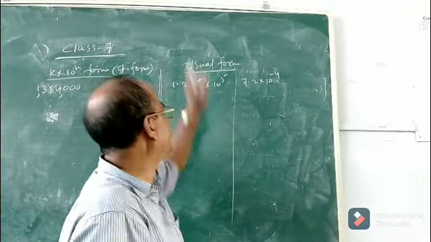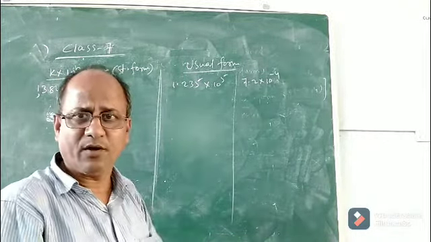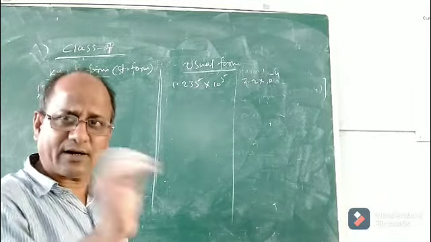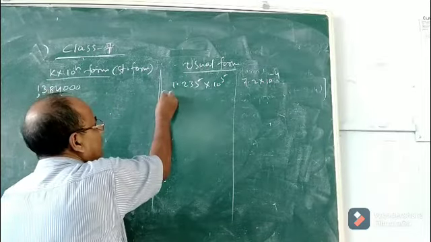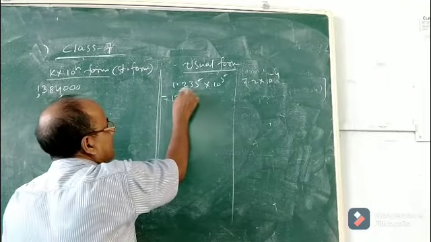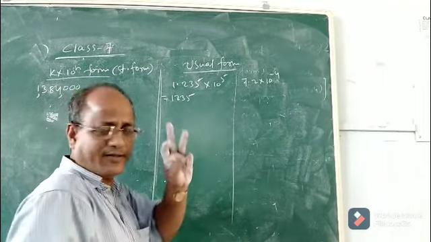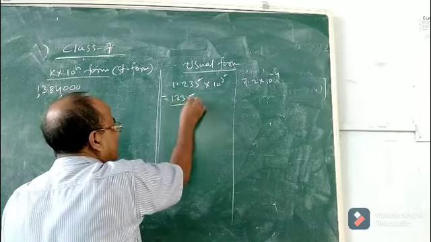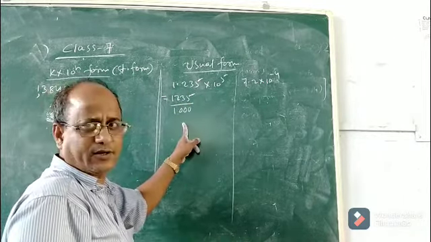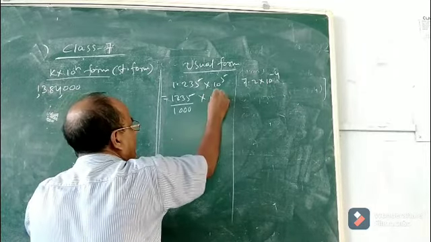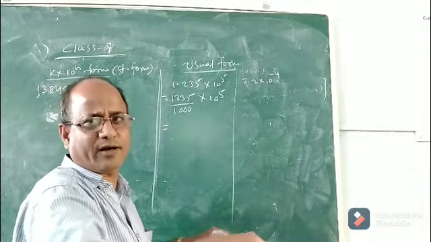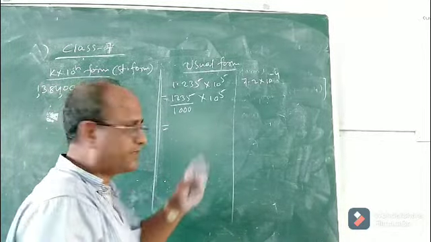Now, how do we convert it into usual form? So what is the usual form of this particular number which is given in standard form? Let us find out. Very simple. First, you change it into a fraction. It will be 1235. After the point, how many places are there? 3 places. So when it is changed into a decimal fraction, there will be 3 zeros after 1. That means it will be 1000. This is 10 to the power 5, very fine. Now this 1000 in power notation will be 10 to the power 3.